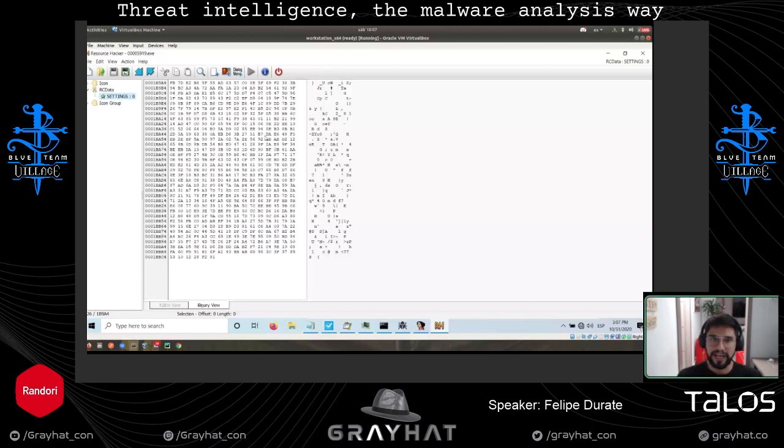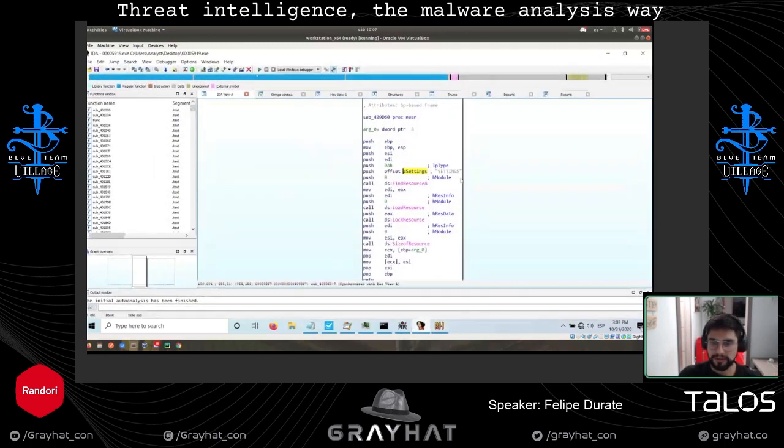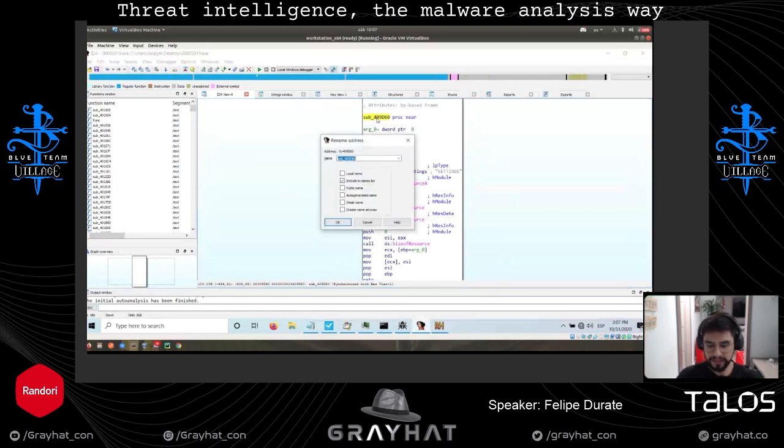But because I want to focus my analysis at this point just on the configuration, my main goal, at least for this reversing, is to try to read this. I want to get the information about this. So how am I going to do that? Well, I know what this function does, so I'm just going to rename it, resource config.